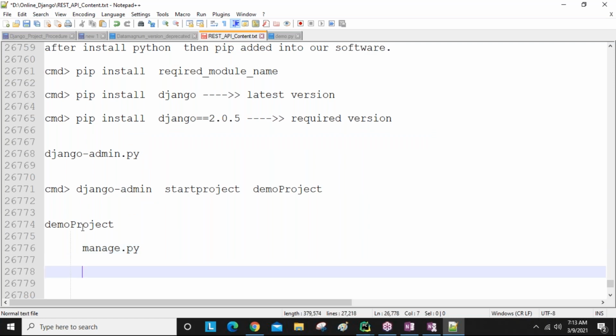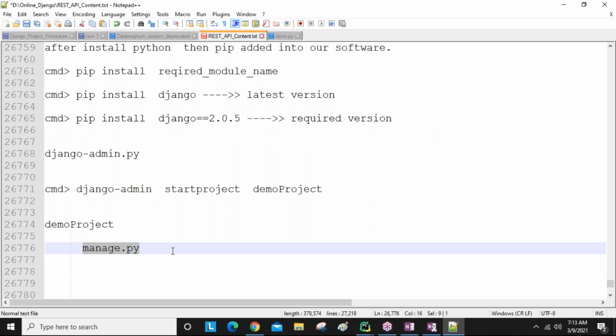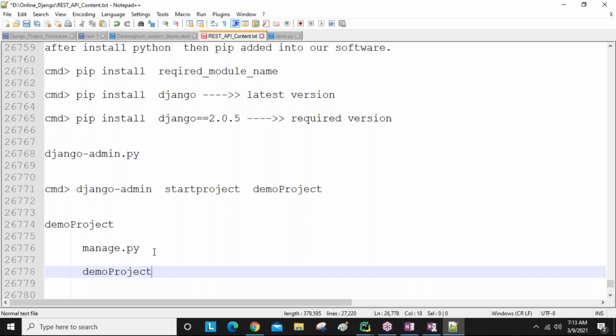From now on, this file is responsible for creating the Django application, running the servers, creating the tables, and creating the users. You will get all these things in later sessions. So this file is responsible for maintaining our whole project. Remember this point.